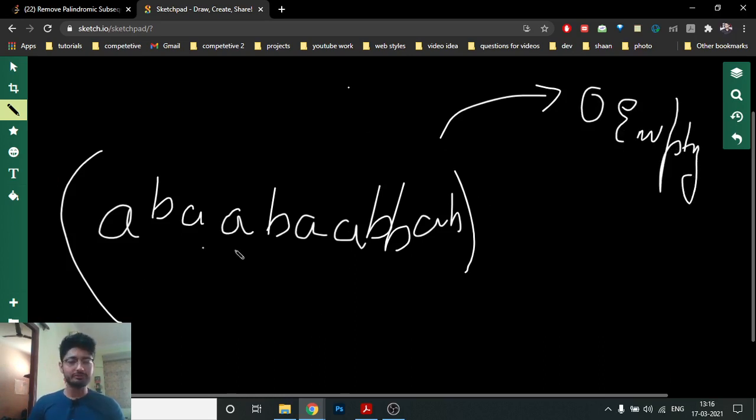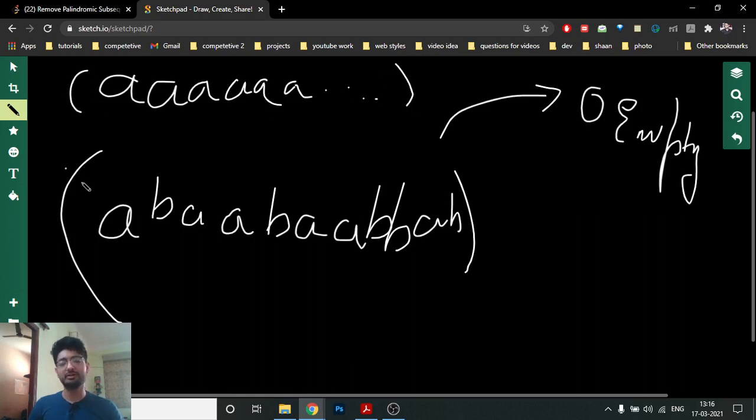Now how can you solve this problem? The first thing I observe is that if the whole string is all A, then obviously you can take the whole string, because it is a palindrome. If the whole string is a palindrome, you can delete it in one step. Same if everything is B, you can do it in one step.